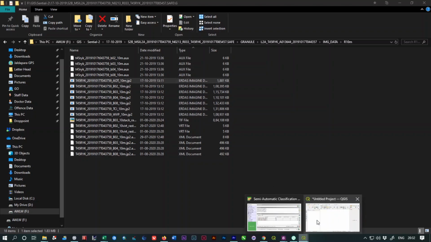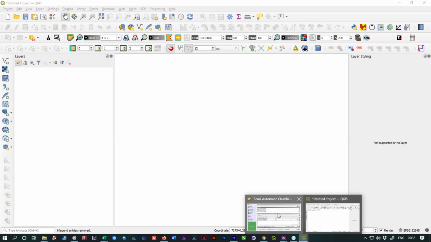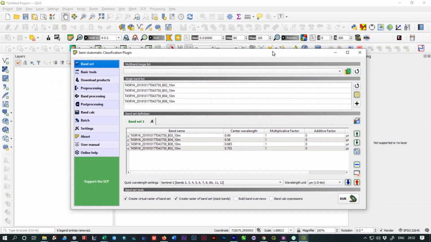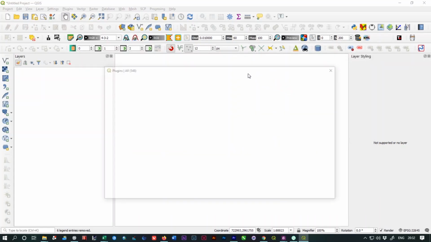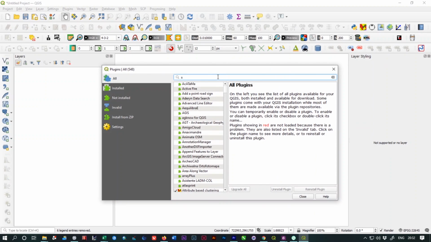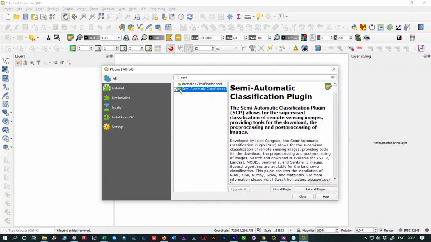our QGIS platform. QGIS is a wonderful platform for preparing your maps. So in the case of processing of spatial data, we need to install a plugin which is the Semi-Automatic Classification Plugin. You know, it's a free plugin. You have to install this plugin by using the plugin manager. Simply search the plugin and install the plugin without any issue. It will install in your software. Semi-Automatic Classification plugin, install the plugin. I have already installed the plugin. That's why it gives a tick mark over here.